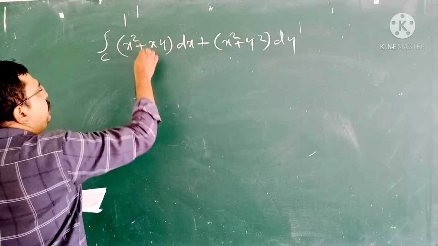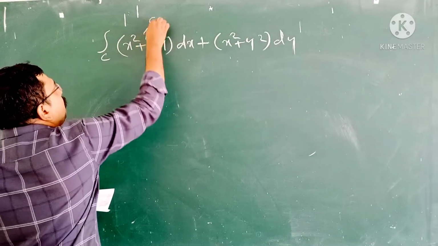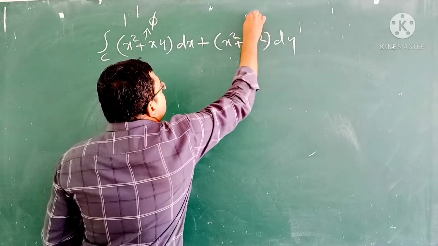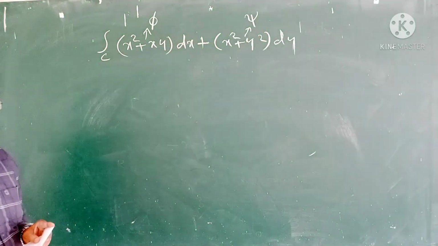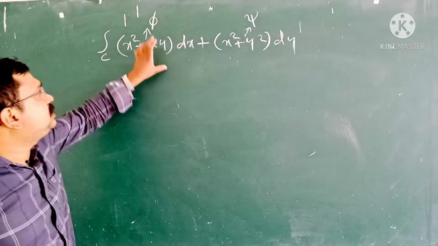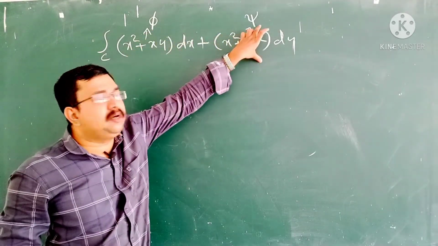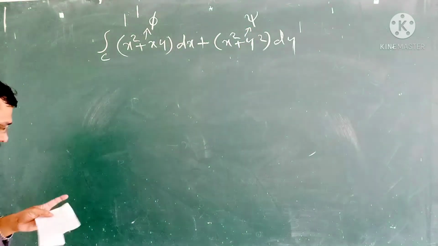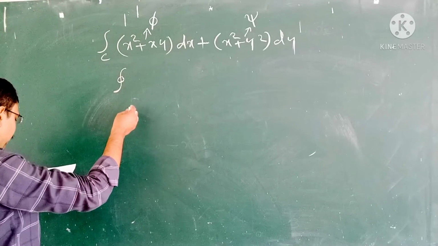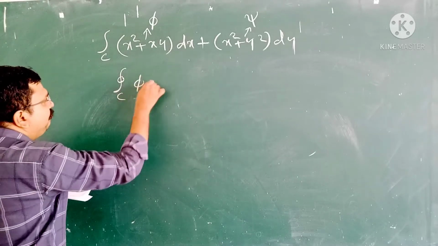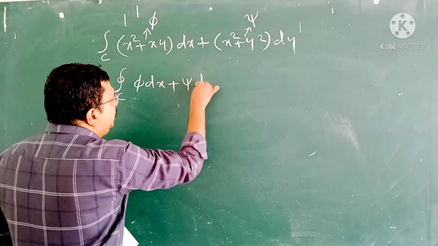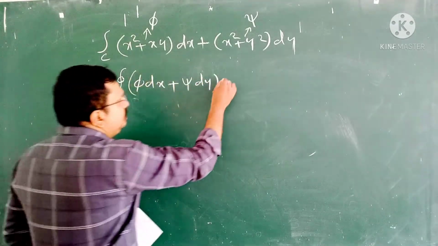Here remember that the first term is our phi and the second term is our psi. Now by Green's theorem we know that the circular integral over C of phi dx plus psi dy is equal to